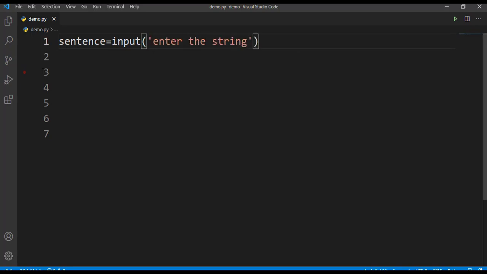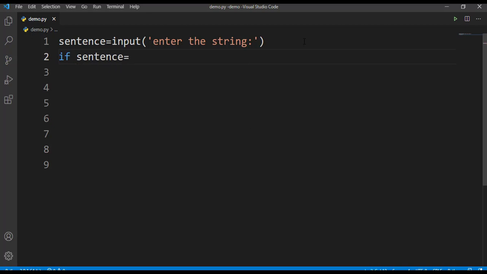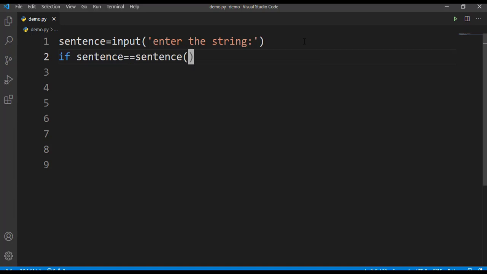Enter the string. Now let's check using an if condition whether the reversed string is the same as the original string. Sentence is equal to sentence reversed. I hope all of you know how to reverse a string.